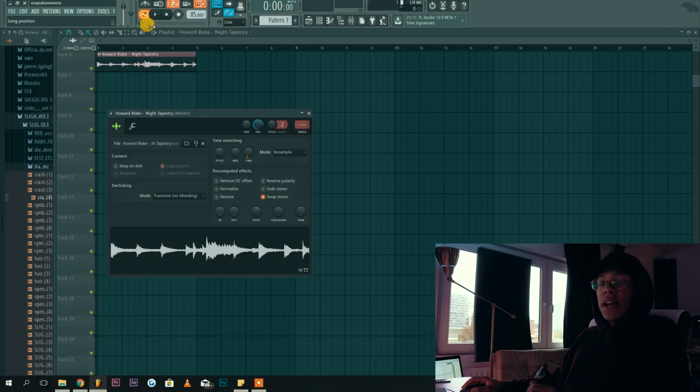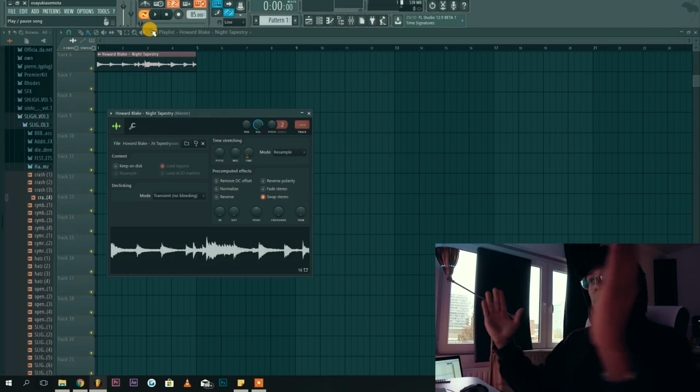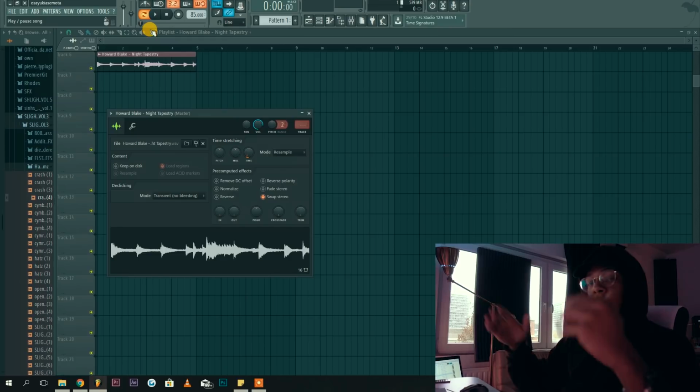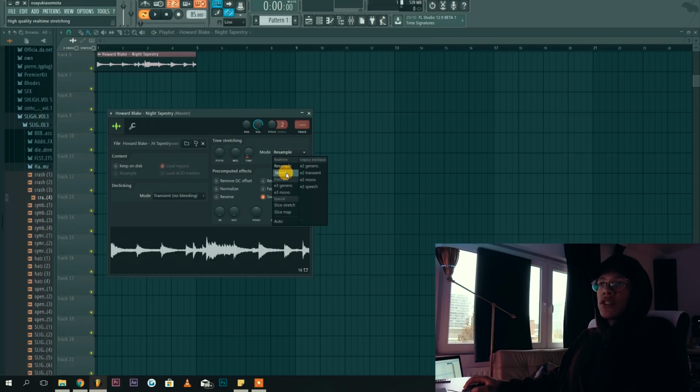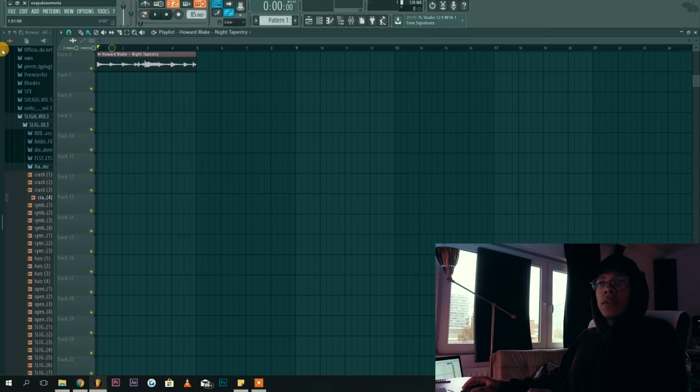Right now it will sound pitched because you've actually sped up the sample, so it will sound higher in pitch. How you can fix that is by selecting the stretch mode in here, so it will always stay the same pitch no matter how much you stretch it. So when you listen back to it,